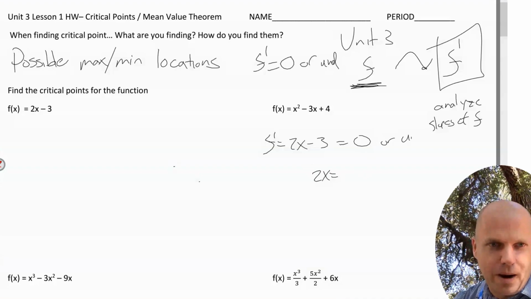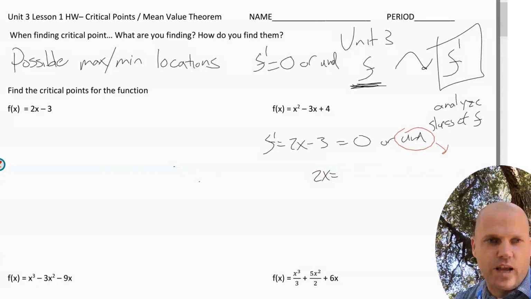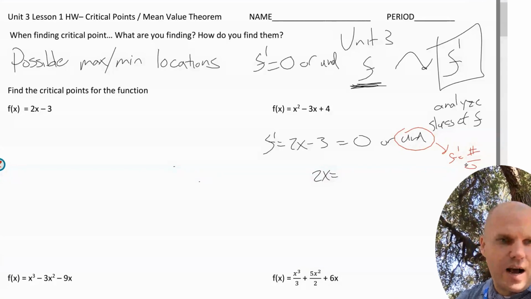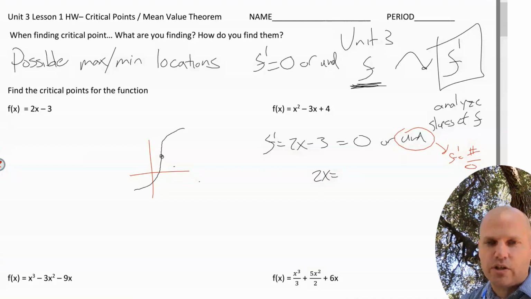Now, should I be worrying about when things are undefined? Usually with expressions like this, the only time things are undefined is when we have a slope that has a denominator that equals 0. Now, we don't have a denominator, so we don't have to worry about being undefined for a lot of these. But it's also important to understand that when your slope is a number over 0, that's the location of a vertical tangent. So we are going to see these vertical tangents. And a lot of times vertical tangents will not be locations of maxes or mins, but they are critical points.